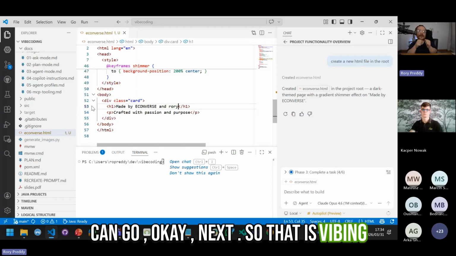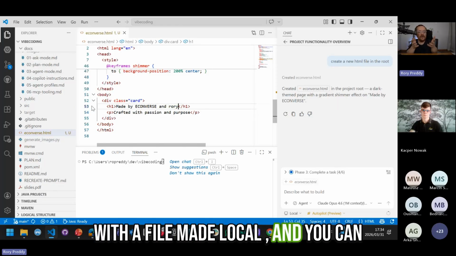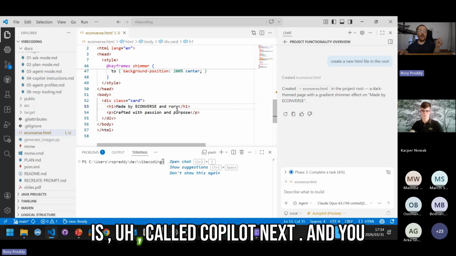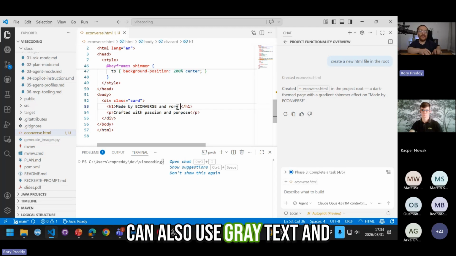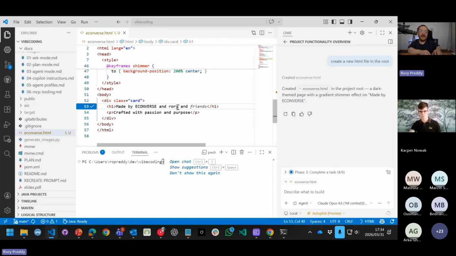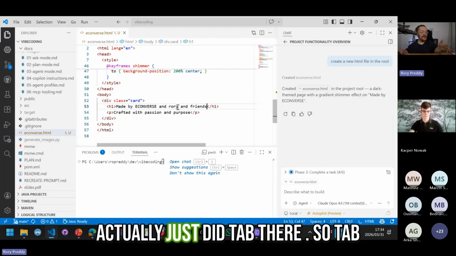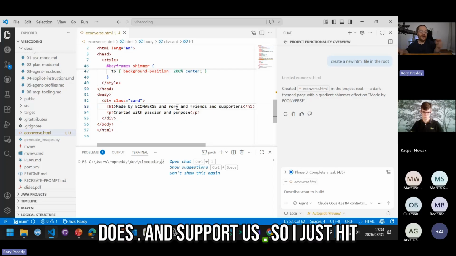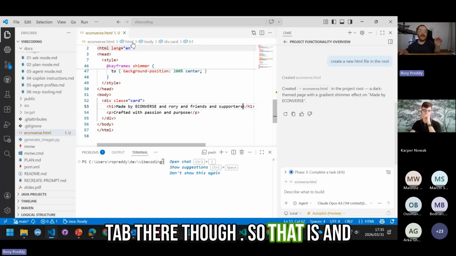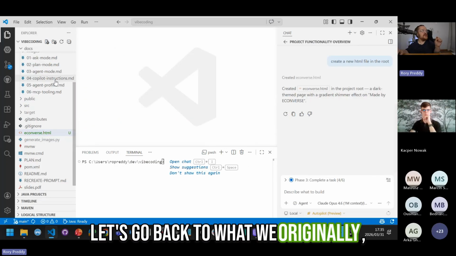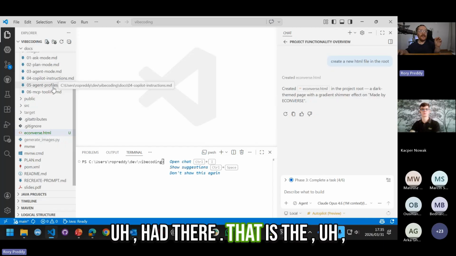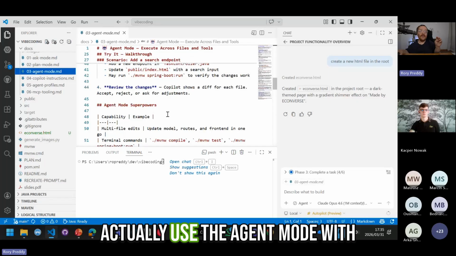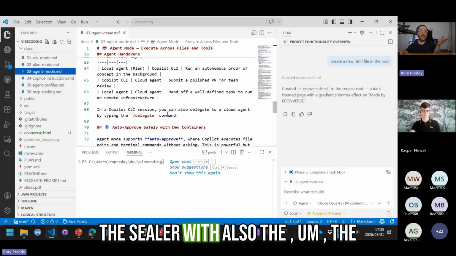So that is vibing with a file made local, and you can also use the CLI to do that. And that is called Copilot Next. And you can also use gray text and friends. See, I actually just did tab there. So tab there, and let's see what it actually does. And supporters. So I just hit tab there, though. So let's go back to what we originally had there. That is the agent mode, which you can actually use with the CLI, with also the